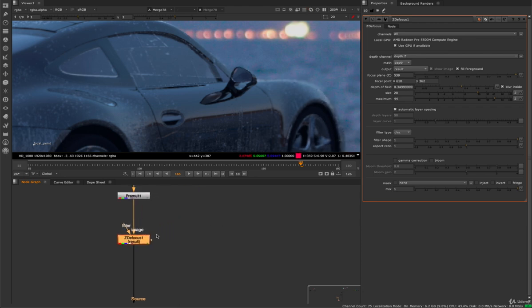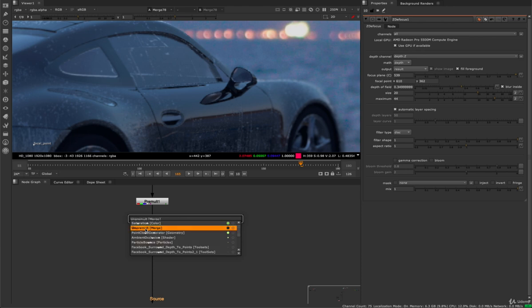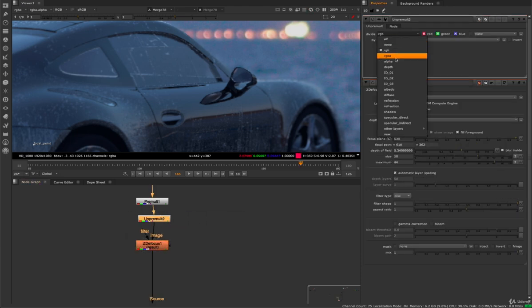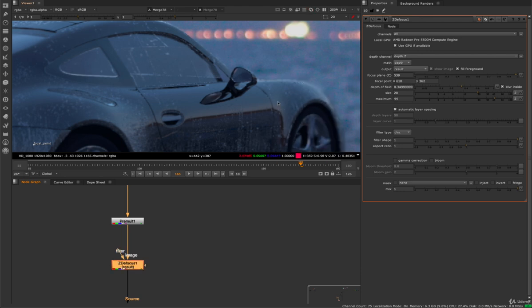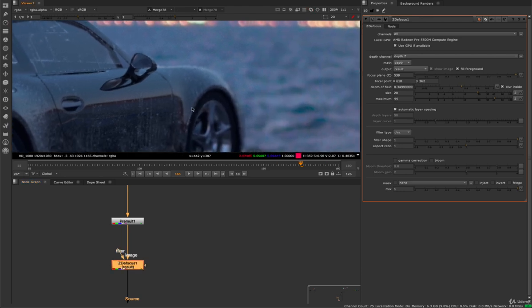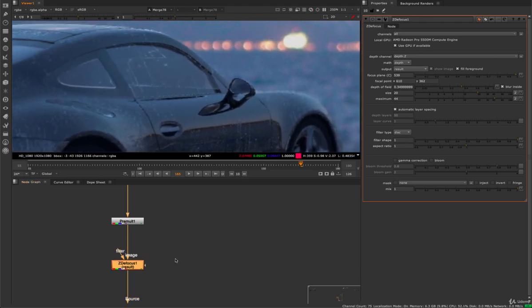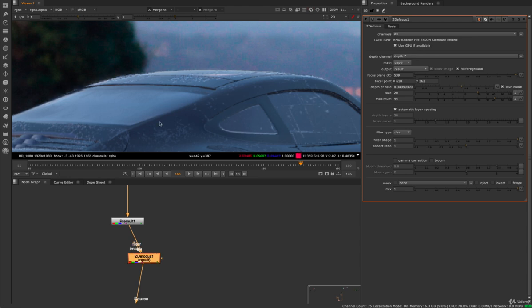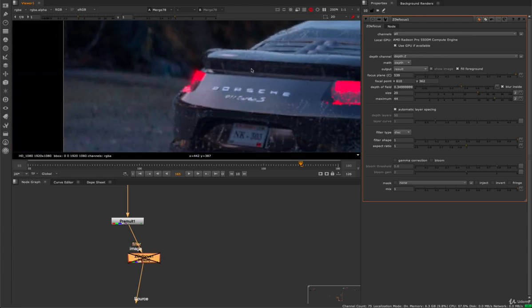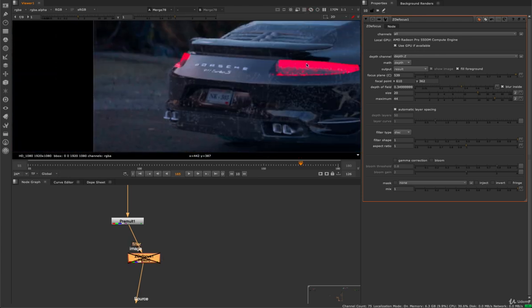So we're having that issue on the edge, which means, let's just try something here. Yeah, so we might have to actually mask off this effect. So Z-defocus is not always perfect. It's a little bit hacky with how it works. So what we can do is actually we can mask that off. So if we're having a problem just in this area and maybe a little bit here, we can of course mask this. So we don't want the defocus going on the edge and around this area,